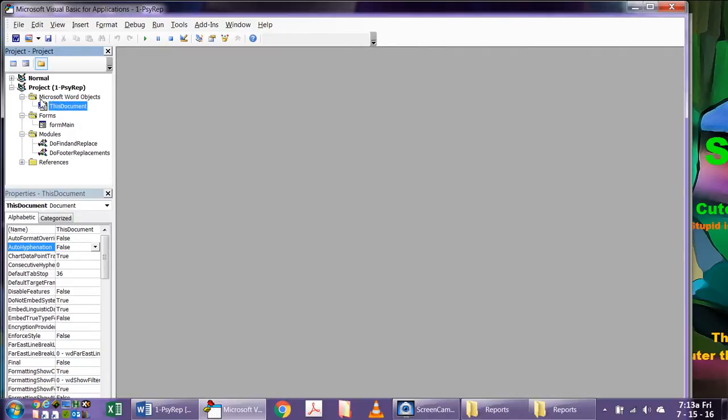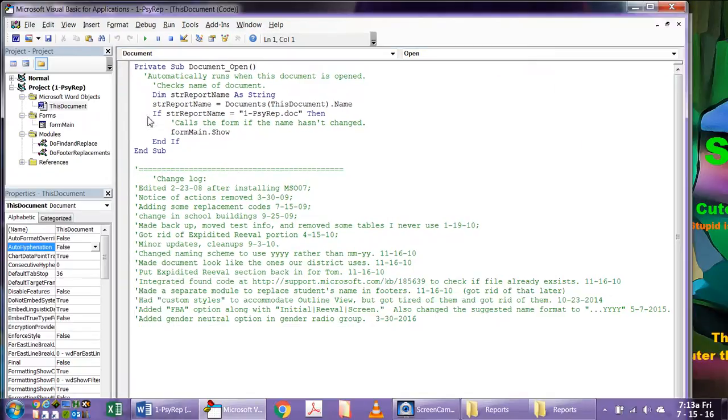So the first code: every Word document that you ever open and use will have a thing in it called This Document. This is where, when the document opens, the first thing it does is it comes here and it says look at the name of the file. If the name of the file is 1-psychrep.doc, then go ahead and run that form that you see. And if it's not named that, then go ahead and just skip the form and just open the document for editing. That way, if you've renamed the file, say John Doe, it won't keep popping up that form each time